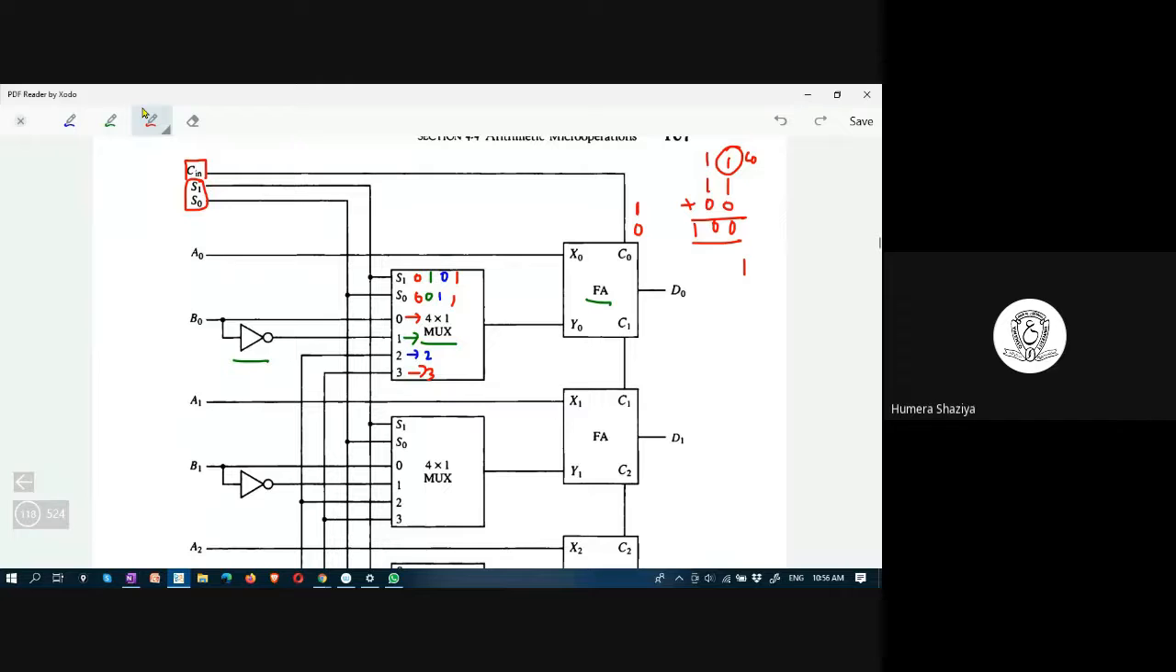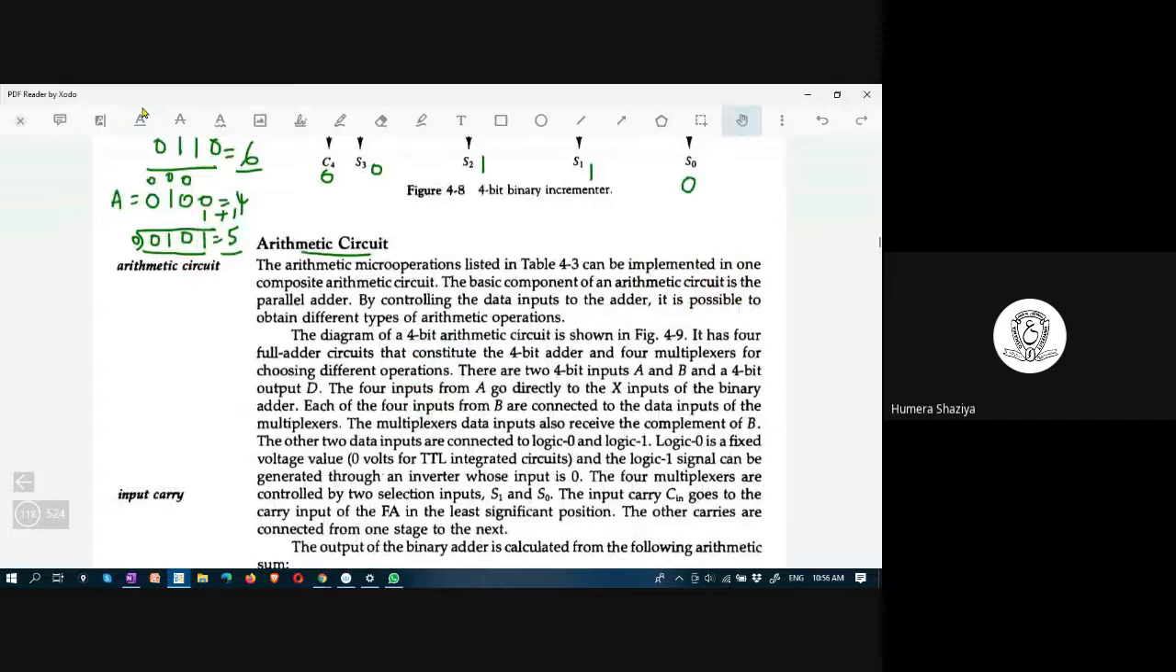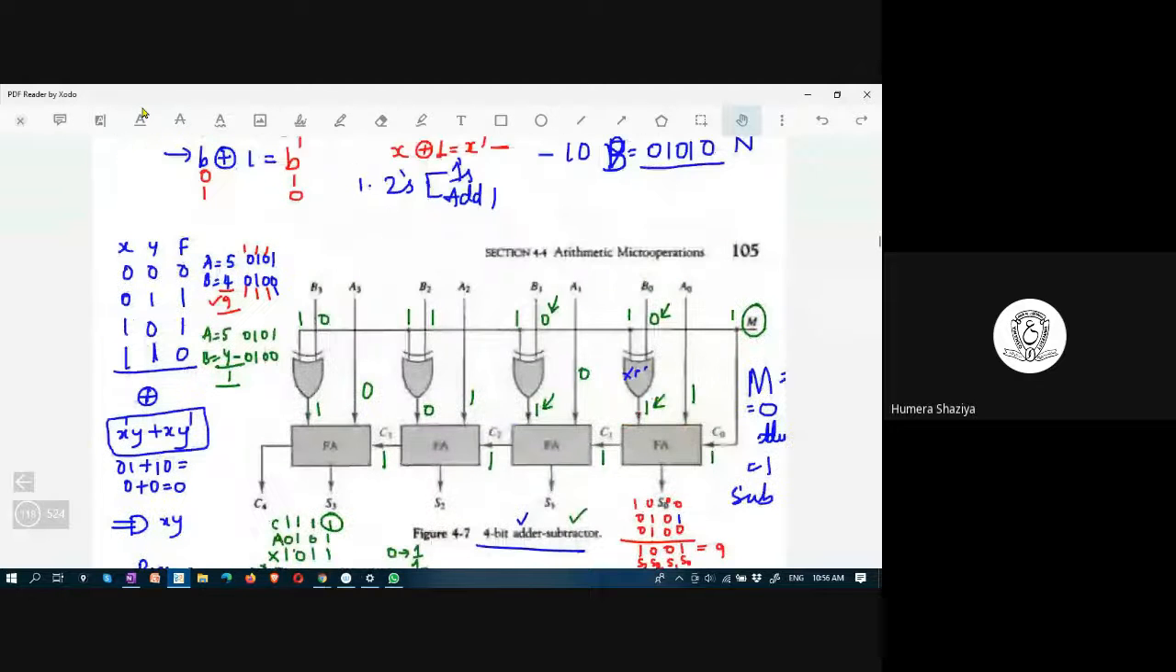There are four full adders. A full adder is a combinational circuit that performs addition of 3 bits. So A naught is directly given to X naught everywhere. A1 is X1, A2 is X2 and A3 is X3. Directly. First, if you recall, when we learnt about the adder subtractor also, in this circuit A was directly given to the full adder, whereas the B was